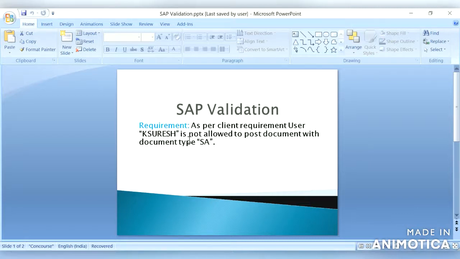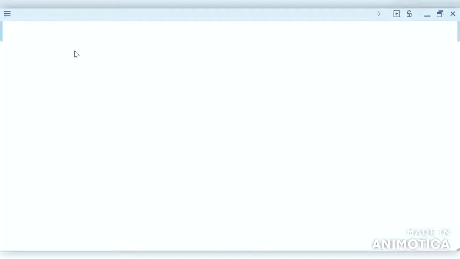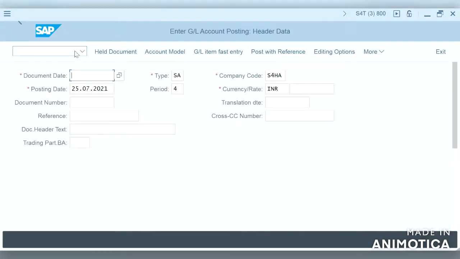This is our requirement. So we can find the field names of these particular fields, and also we can see where these fields are available, whether it is in document header or in line item level, or we might use both the header and line items.